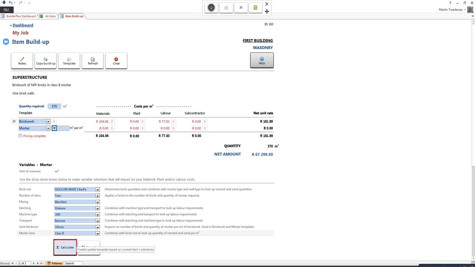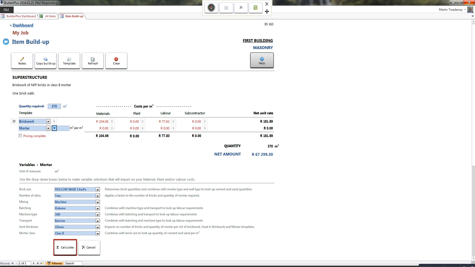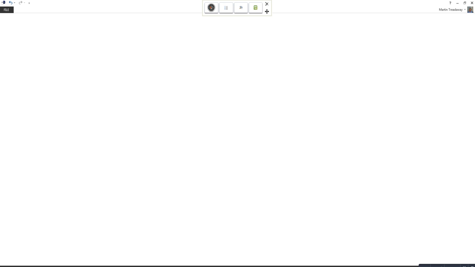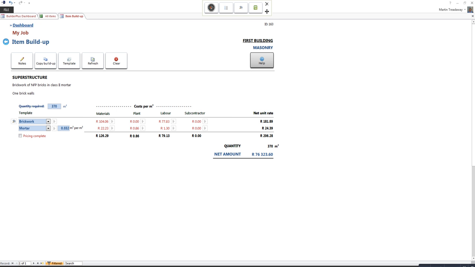And there you see now that your brickwork is 104 rand 6 cents for materials. The labor to lay that is 77 rand 83 per square meter. Everything is reduced to per square meter. The mortar is 23 rand a square meter. Plant costs 86 cents per square meter, and labor 1 rand 30 per square meter. Now to analyze that, to check on that, you can click on the buttons there,